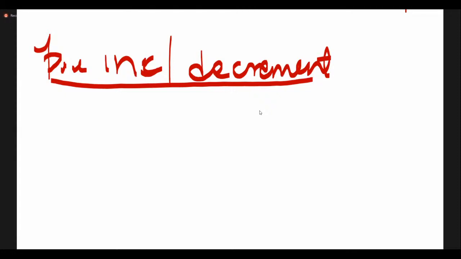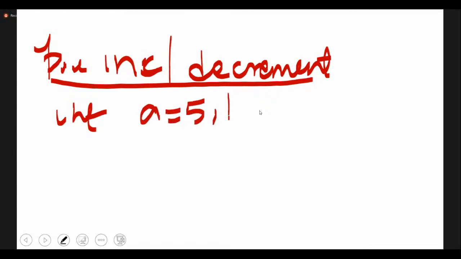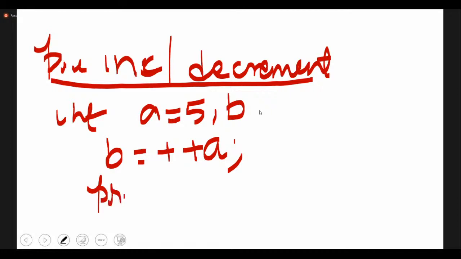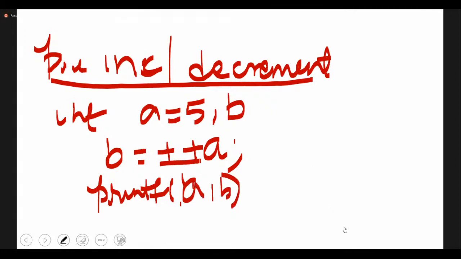For example, you have taken a variable a equals 5 and a variable b. Now you write the statement b equals ++a. If I try to print the values of a and b, as pre tells you, first you do the updation, later you assign the value.